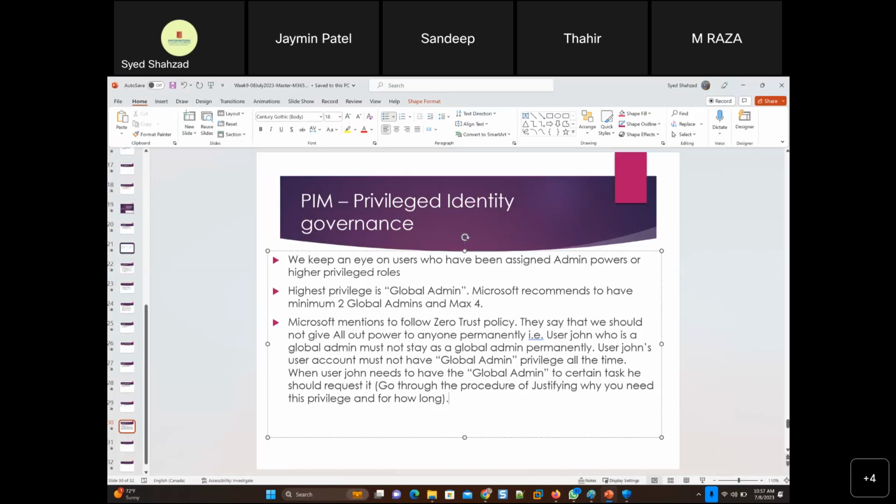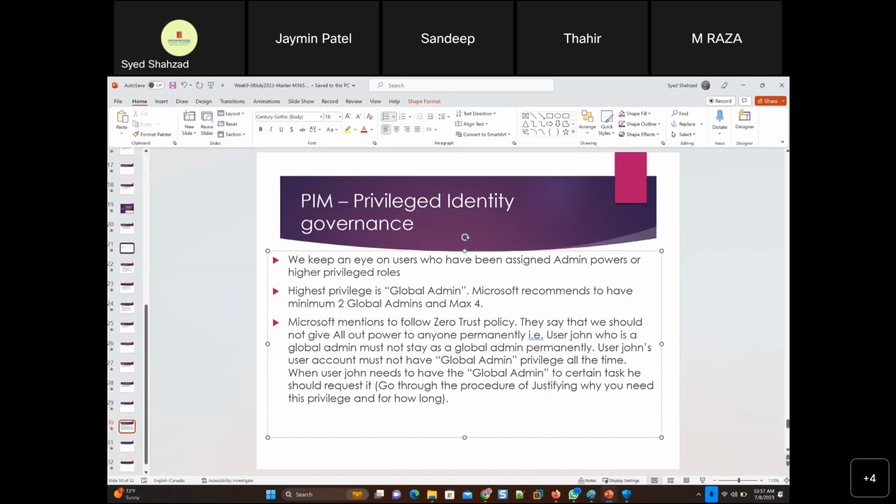That's it. You're gone, right? That hacker will do all kinds of damage with the highest privileges here, right? So suppose a hacker hacks your account, but at that time you had not requested global admin privilege, right? Because there's an audit trail. There's auditing going on that at this time global admin privilege was requested, and for that long global admin privilege was used. And these changes were done by the global admin privilege.